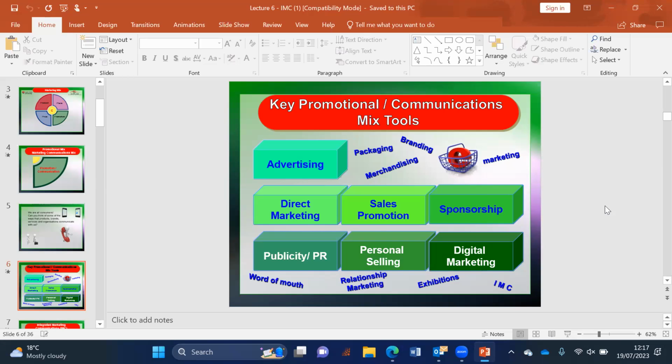Then there's sales promotion. That means discounts, buy one, get one free, buy three, get the cheapest one for free promotion. So that means you are promoting by giving discounts. There's sponsorship. So some companies sponsor events. For example, Adidas has sponsored several sporting teams. That's sponsorship. There's publicity. That means what if you're doing something in your business that is newsworthy, and the news are covering it, so that'll give you publicity, or PR, public relations.